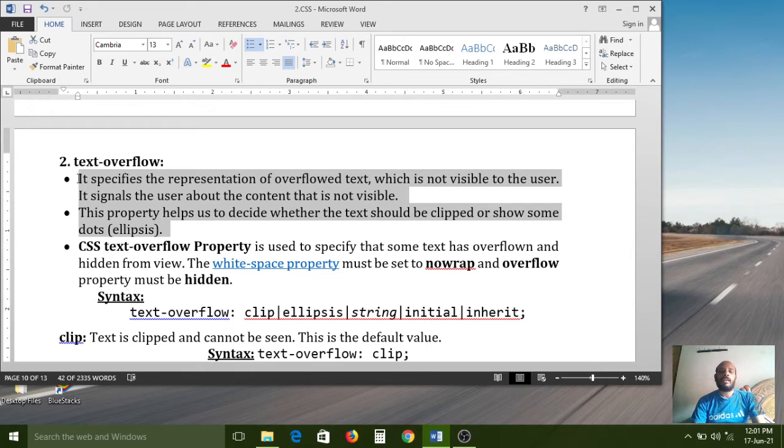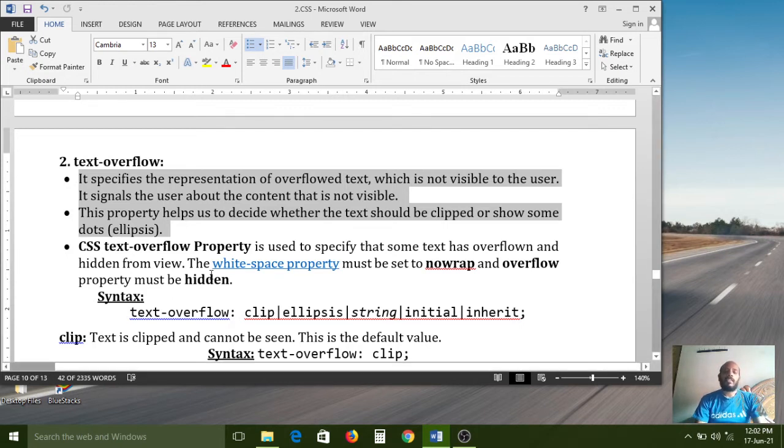It signals the user about the content that is not visible. So this property helps us decide whether the text should be clipped or show some dots.